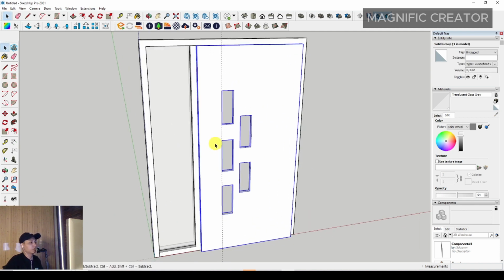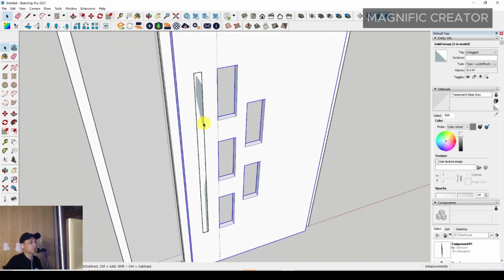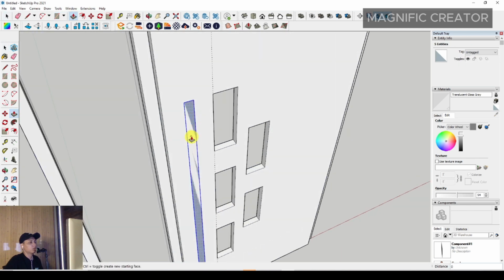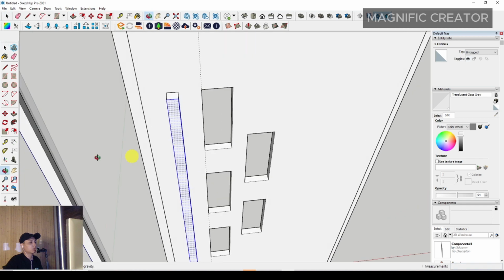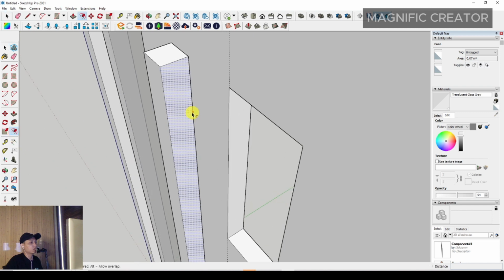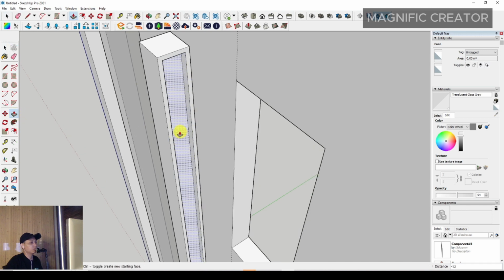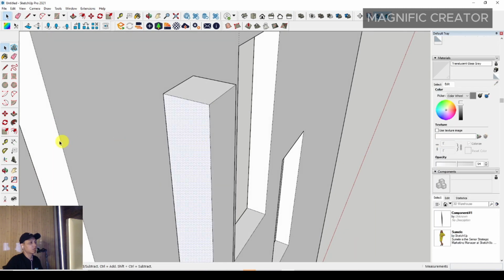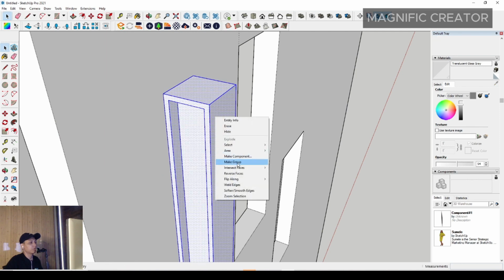and after that you can make a rectangle to make a door handle in this area maybe, and then you can push it to the front. You can push it to the front with any thickness, and then you can select this side position, and then you can offset it from the edge, and then you can push it back, and then you can repeat the same way on the left side also with this any thickness, and you can push it back anyway. Then you can make it a group,